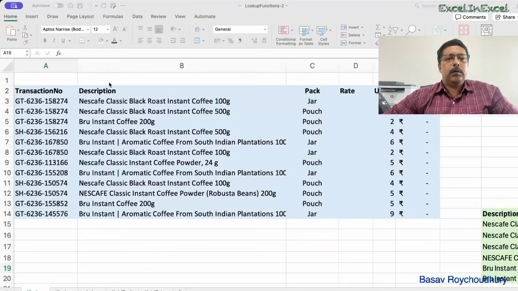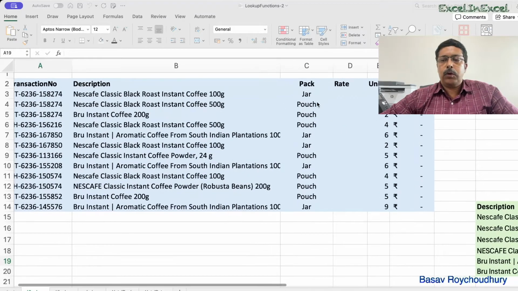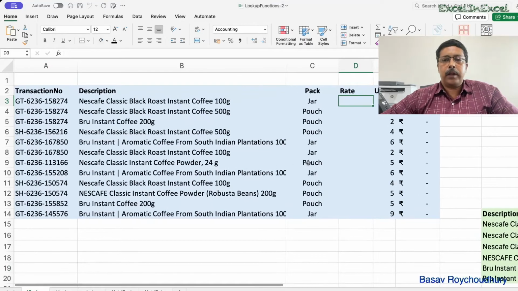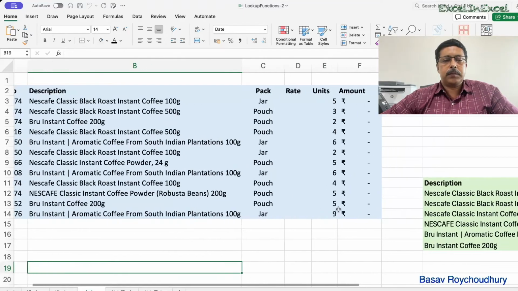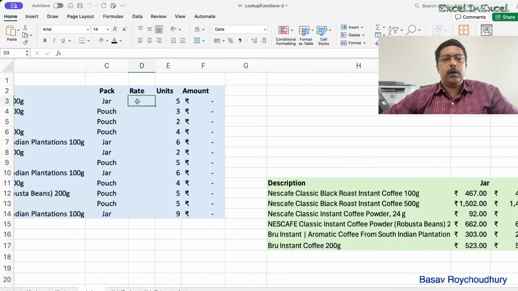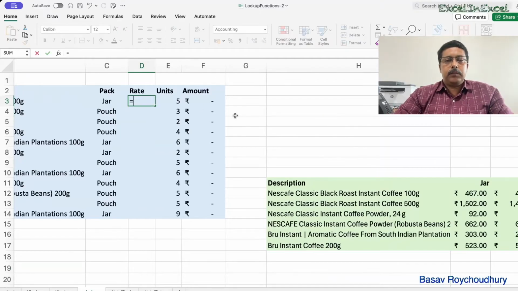So now I have to figure out what is the rate. Okay, I have to figure out what is the rate. And so what we are going to do here is this. We are going to use a match,